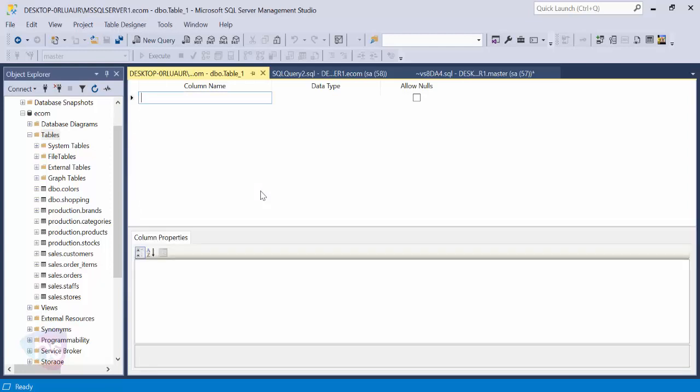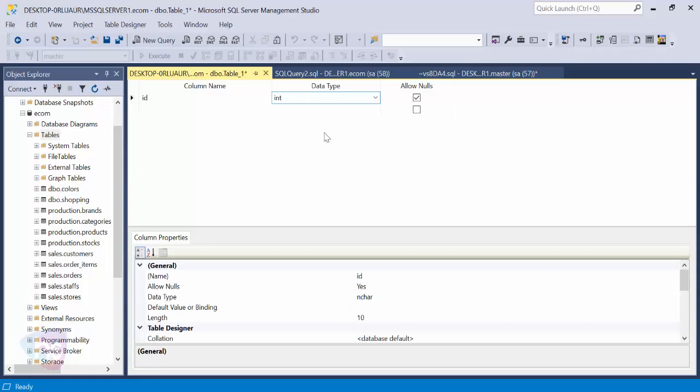Once you select the table, this window will automatically appear as a new tab. This is where you have to specify the column name. For the first column, I'm making an auto increment ID, with the name ID and data type integer. You can take data types as you wish. That's pretty easy. All of it can be done in Management Studio itself. We can choose all the things. As you've seen, these are the data types. We have seen them in our previous lecture also, the data types and which data type we can choose for our convenience.